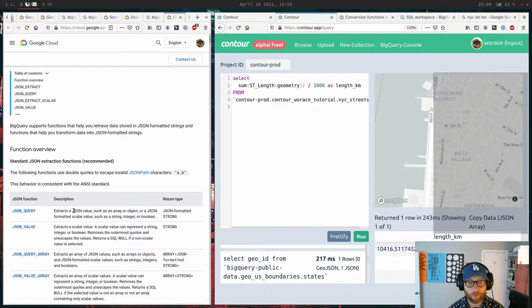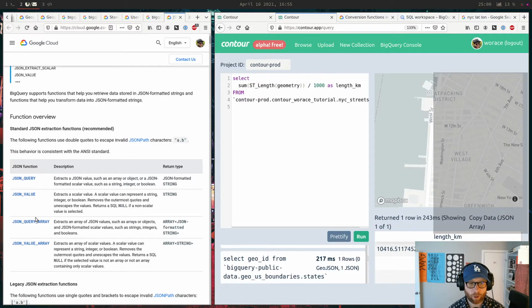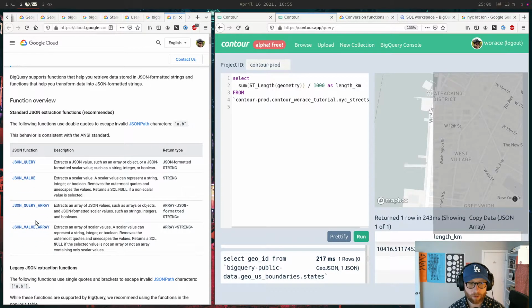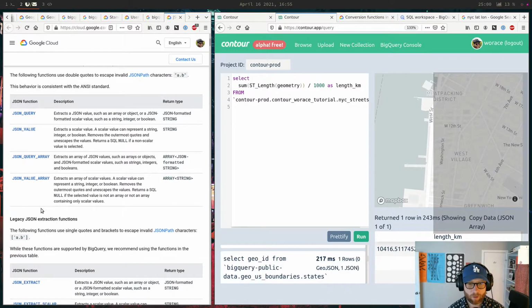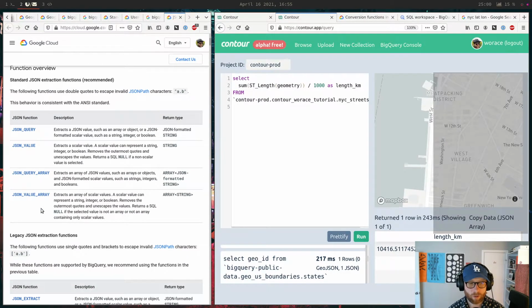Oh wow, it does. You can do JSON query. Wow. Oh look, there it is. Wait, that's actually, okay, hold on.